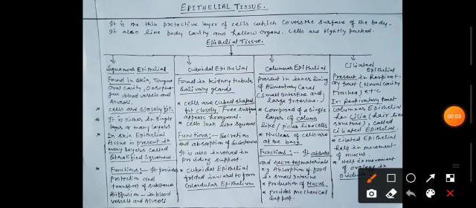Class 9th students, it is the next video from chapter Tissue. Topic is epithelial tissue. It is one kind of animal tissue, which is a thin protective layer of cells that covers the surface of the body. It also lines body cavities and hollow organs. Cells of these tissues are tightly packed.